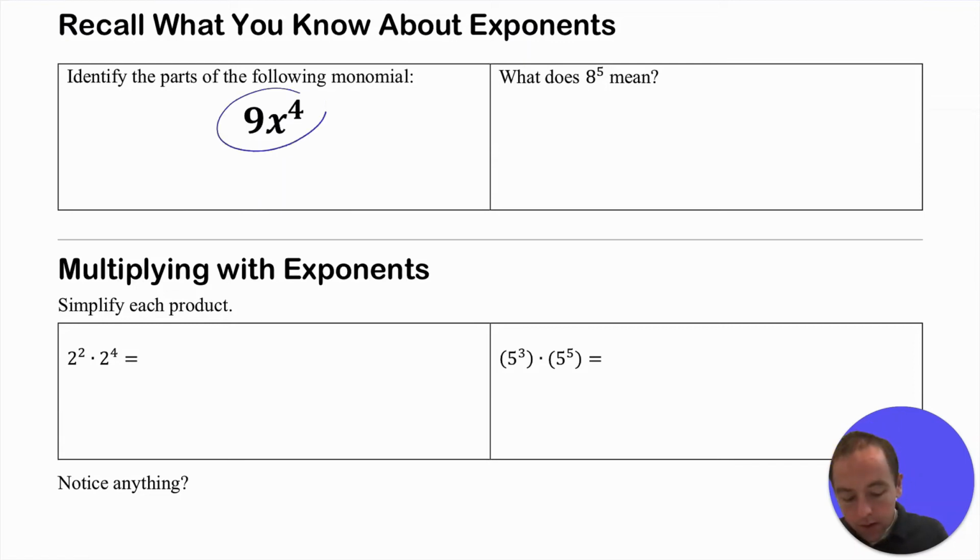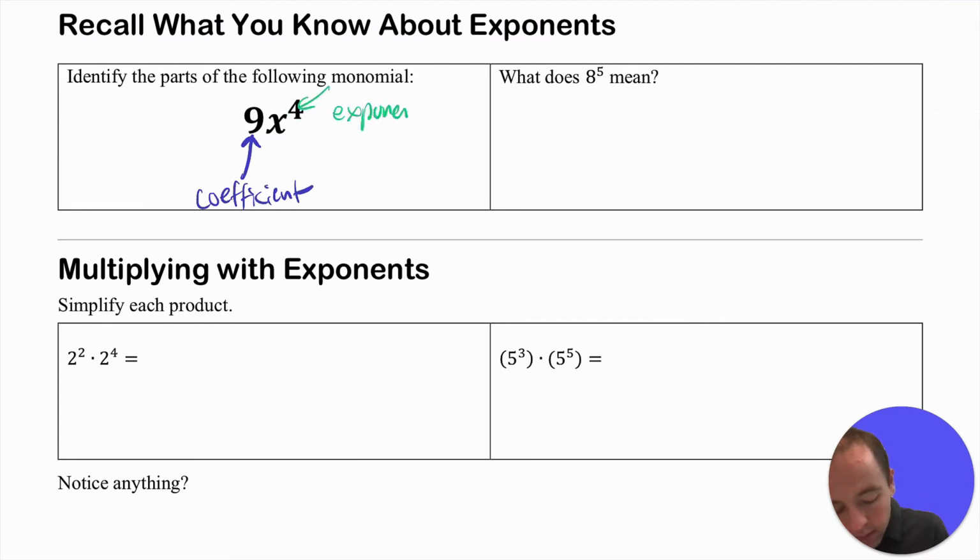Starting off here, I want to identify the different parts of this right here. Obviously, it's a monomial because it's a one-term polynomial, but just some of the anatomy, starting with that 9 right there. We know that anytime you have a real number that multiplies with a variable, we refer to that as the coefficient of that particular term. So the 9 there would be the coefficient, and then the 4, of course, is going to be